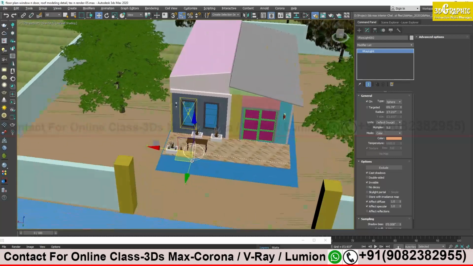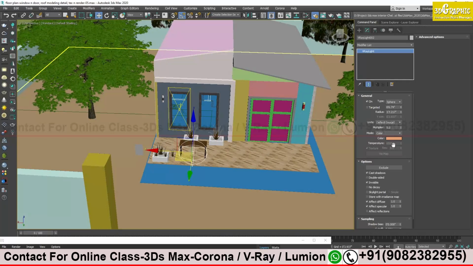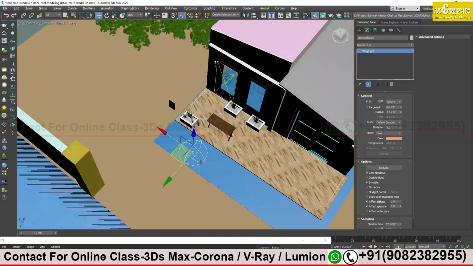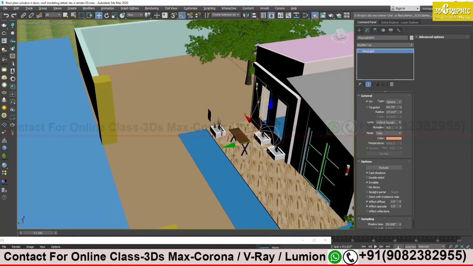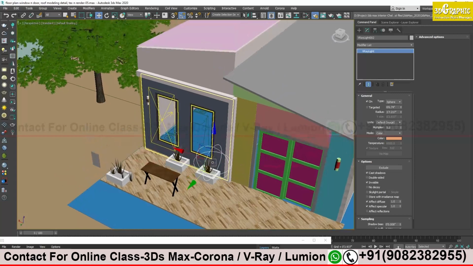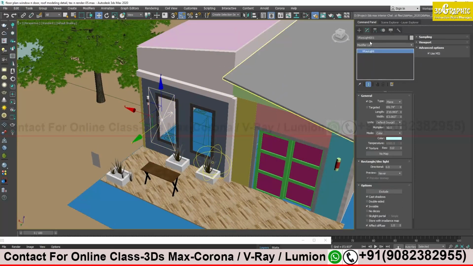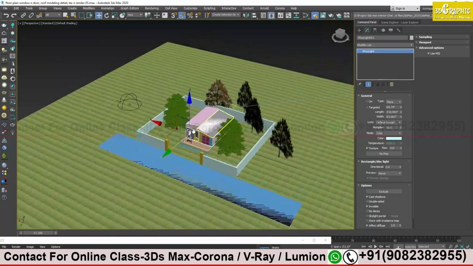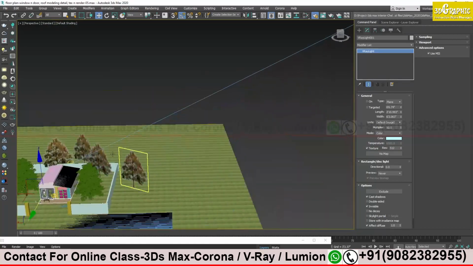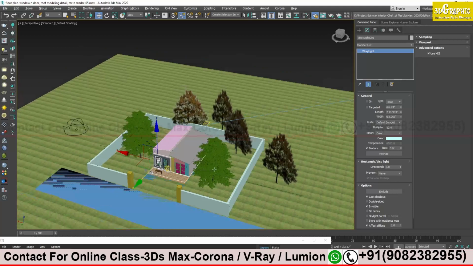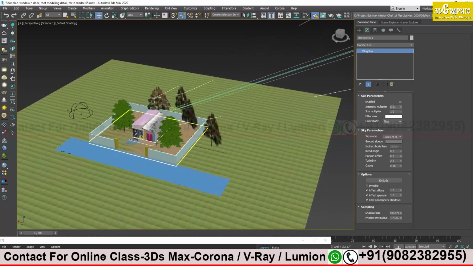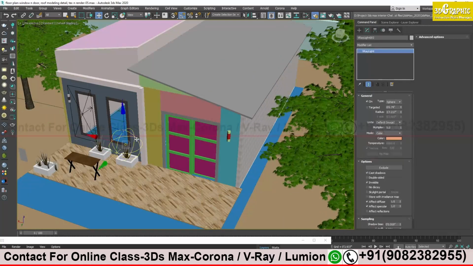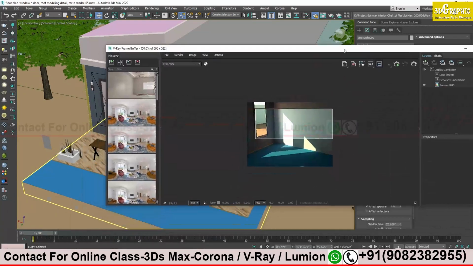So I have created a sphere light, and in the property I made a few changes. Let me bring it near. Let's see what light effect it has. Quickly I will render this. Now I will try to turn this off, and the sun, let the sun be there, but the sun intensity should be less. I will reduce the intensity so that I can only see the effect of the sphere light. Let's render now.